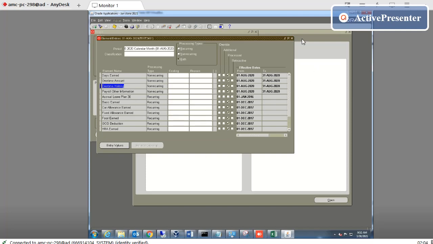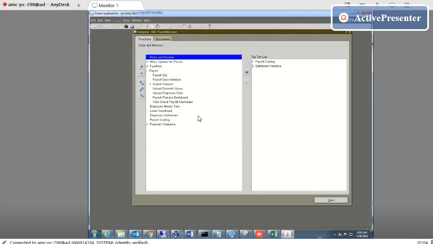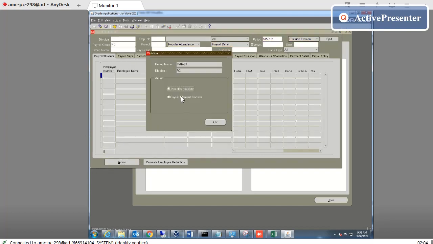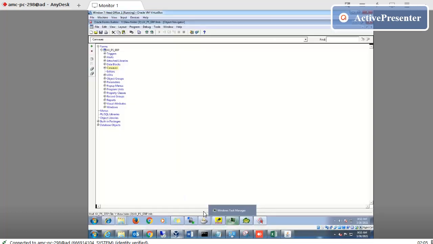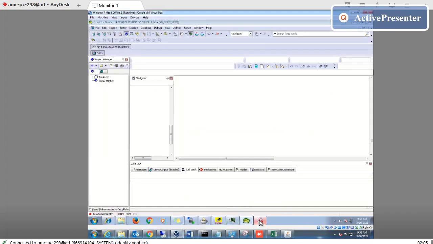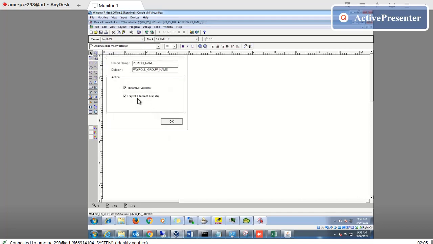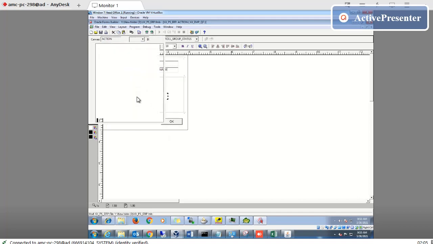So what happens if the payroll department clicks on this one? Automatically all the elements will be updated in the Oracle standard tables. How it is done, I will show you here. I write a process here.